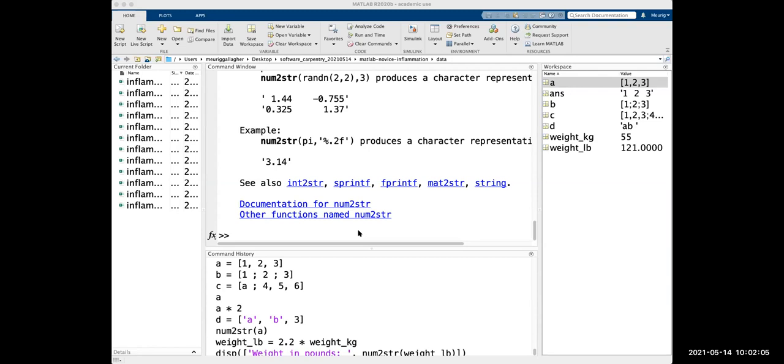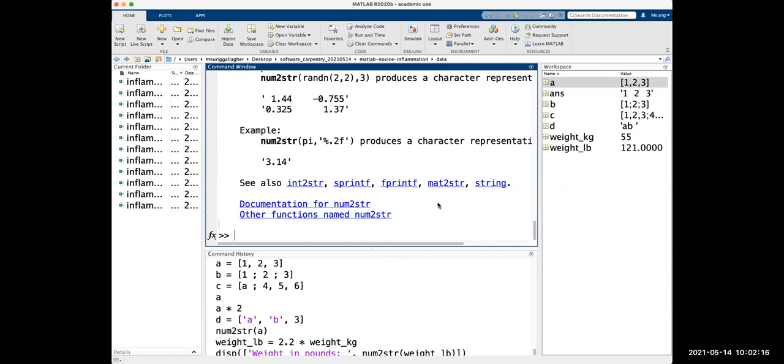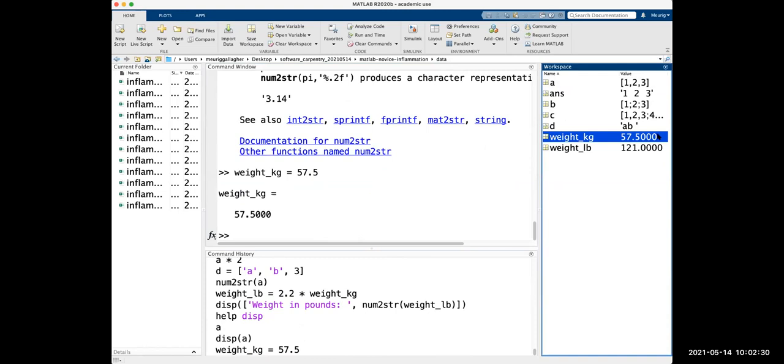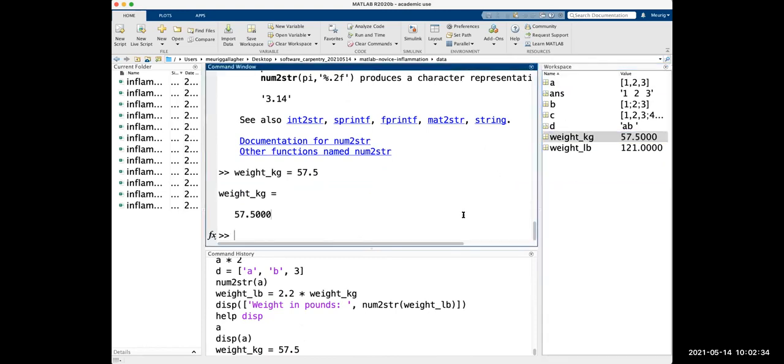Cool. So once we've saved all these values, such as our weight in kilograms, they're not fixed forever. They're not going to change on their own, but they will change if we want them to change. Say our weight in kilograms increased because we've been in lockdown and potentially eating too much and not getting out enough. So our weight in kilograms is now 57.5. And you'll see here on the right-hand side, the weight in kilograms is no longer 55, it's gone up to 57.5. So you can use this to change values.